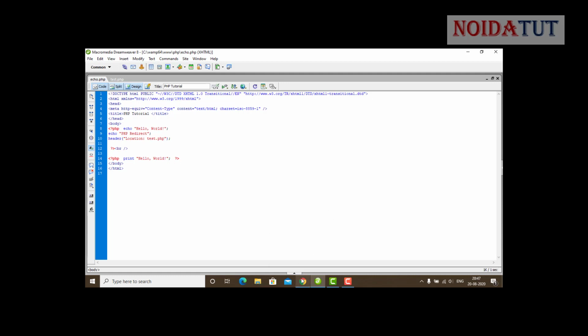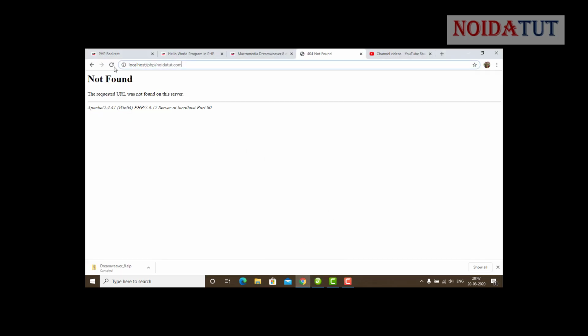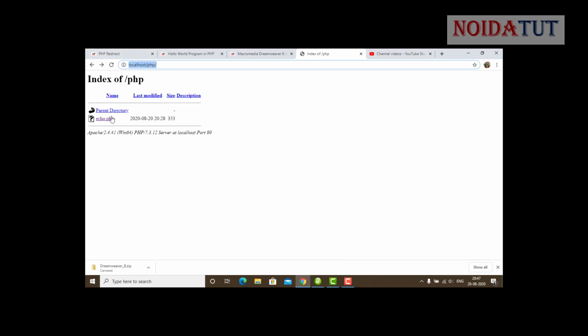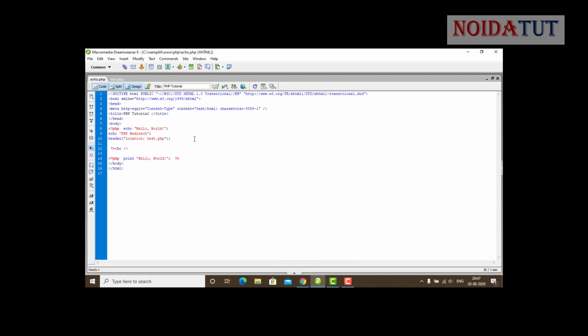Now let us have a look at the other page and what it is going to do. Hello world, it displays, and it has redirected the page to the test page. Now see here, in this page, before the redirect we have an echo.